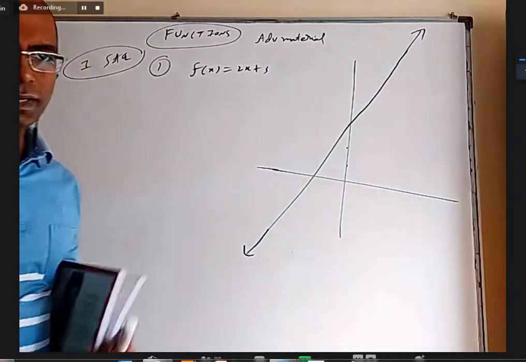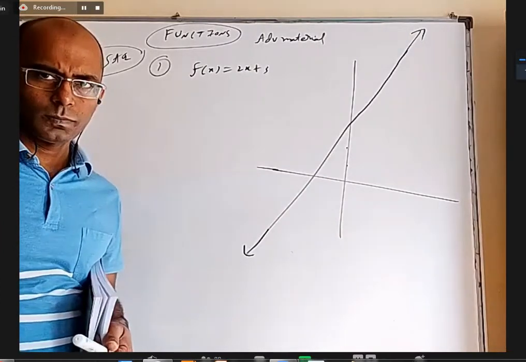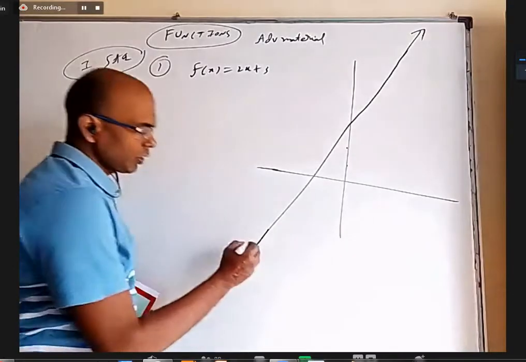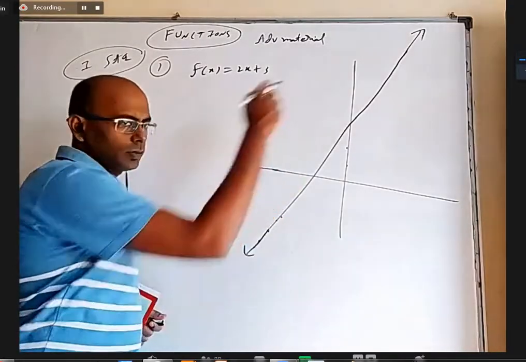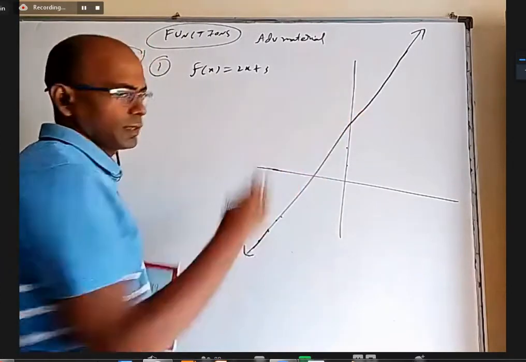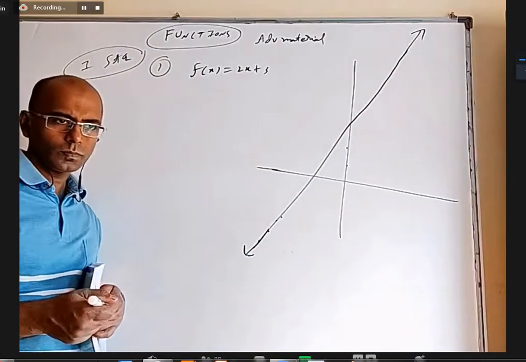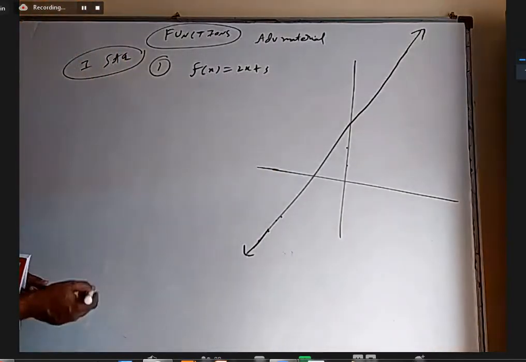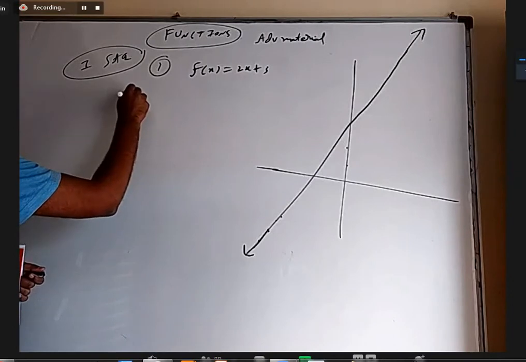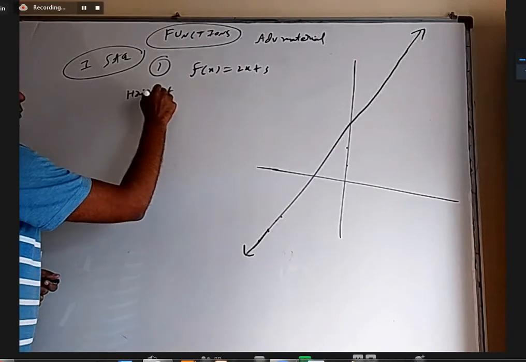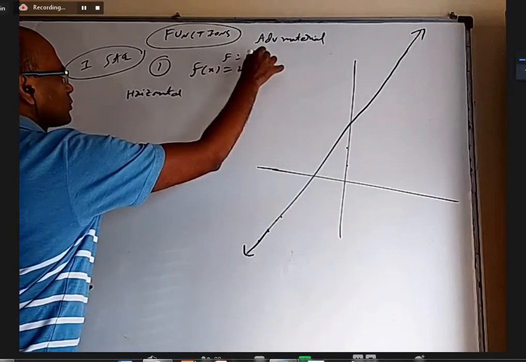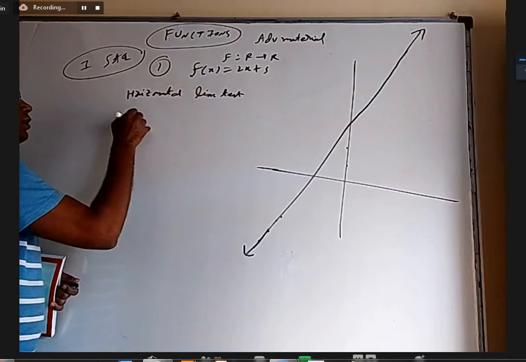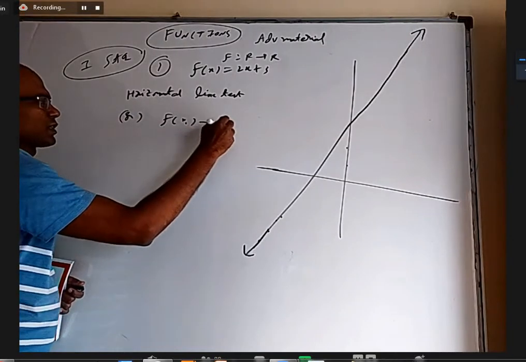So based on the horizontal line test, what can I say? It is 1-1. And if you look at all the y values, take the y coordinate of each of these points, what y coordinates are covered? All real numbers. So range and codomain are equal. Either you can use the horizontal line test, anyway they mentioned f: R to R, or you can start with f of x1 equal to f of x2 to see what happens.